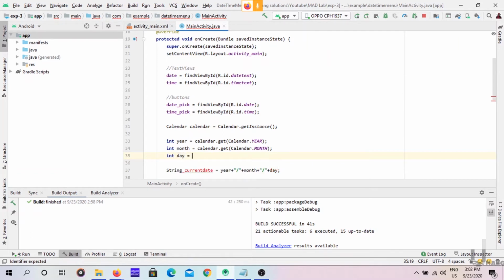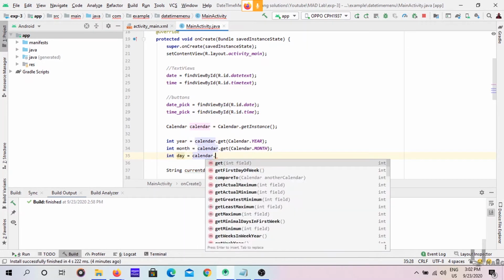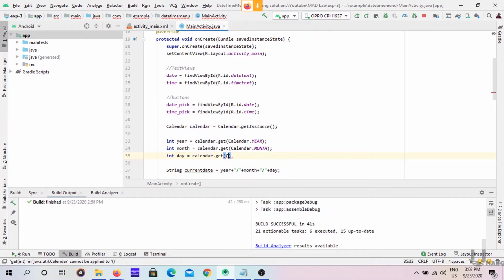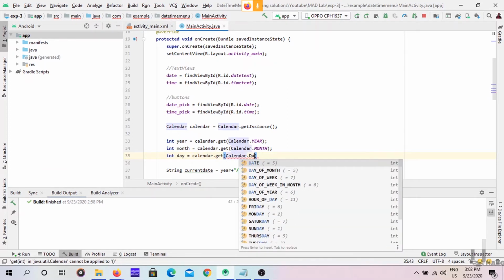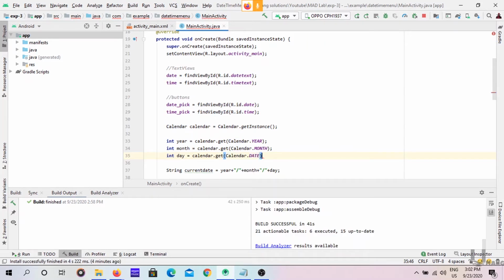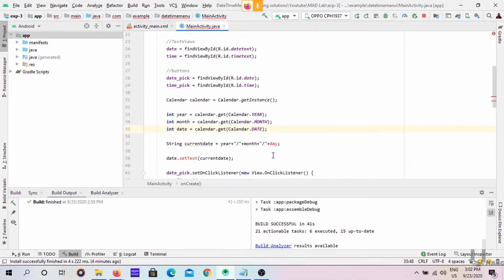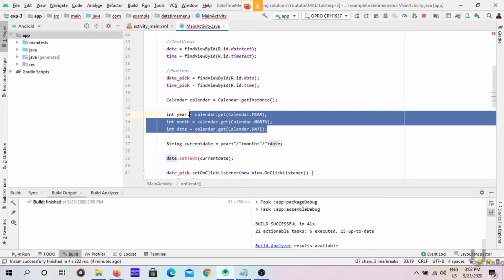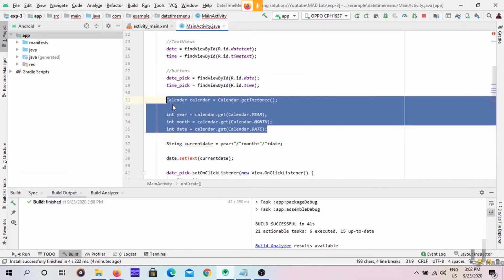And day equal to calendar dot get Calendar dot DATE. Sorry, it is the date, not day. Yeah, it is the date. Now we can get the data dynamically through these four lines.